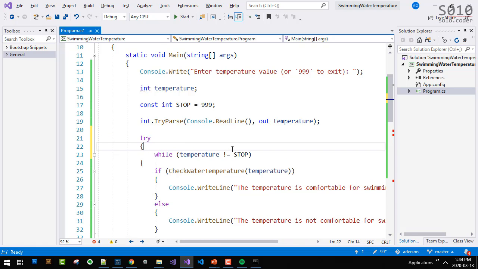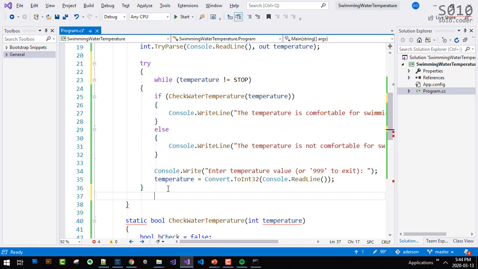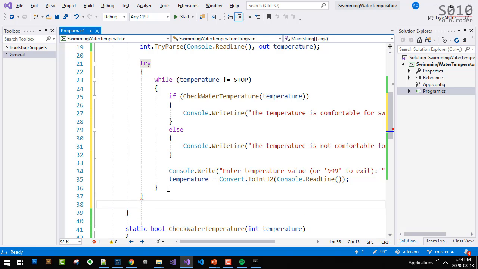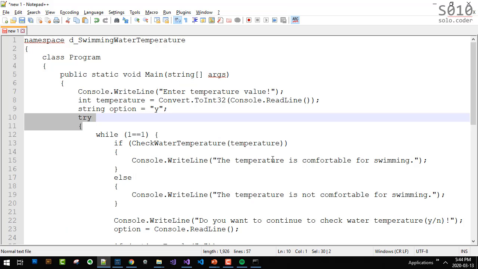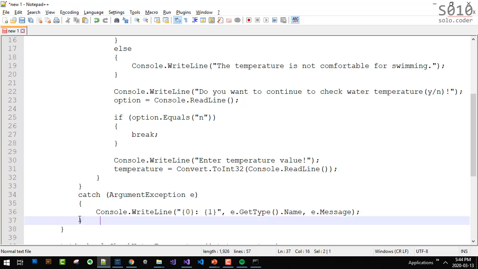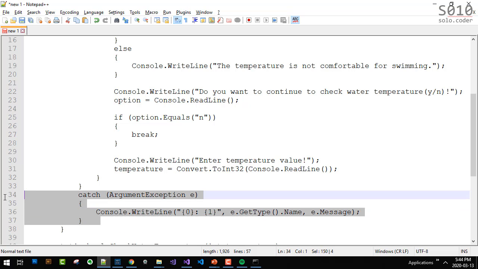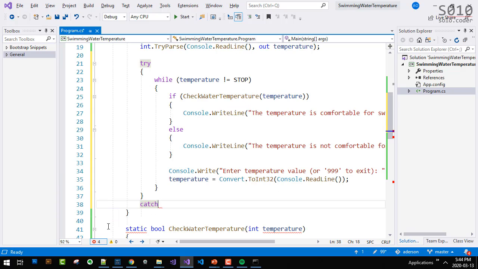So we have try here, and we're going to close it here, and we're going to have a catch, which is also written here. Let's start here, and then we may change that, okay? But let's start outside.